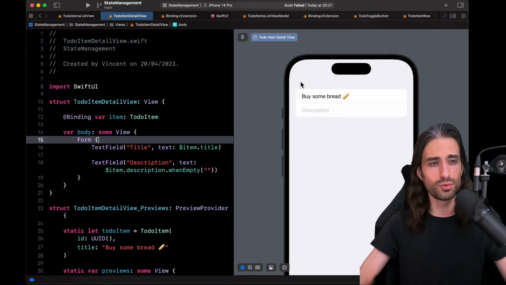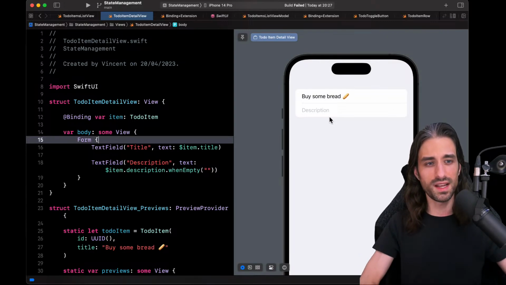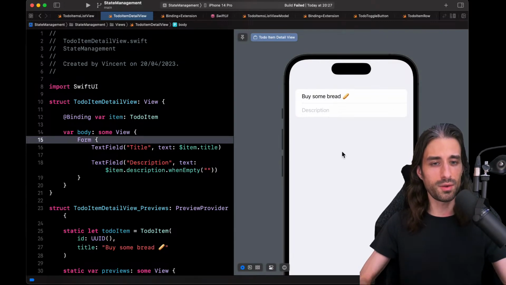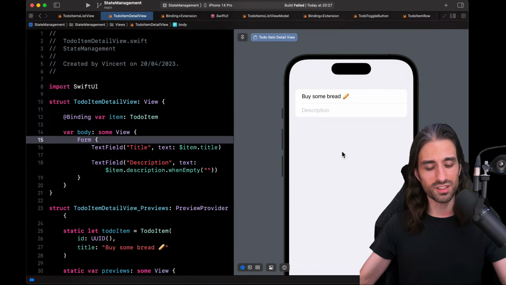So if you go, for instance, into the settings app, you will find views that look like this, and you can see that, well, first it looks better, but also it looks like a form. It looks like a form in an iOS app. And so when a user sees this, they understand more intuitively that this is a view that allows them to edit some data, because it looks just like the views in the settings app, for instance, that also allow you to edit some data.